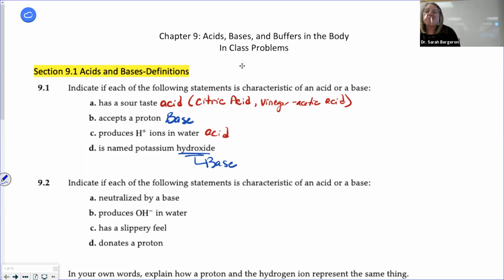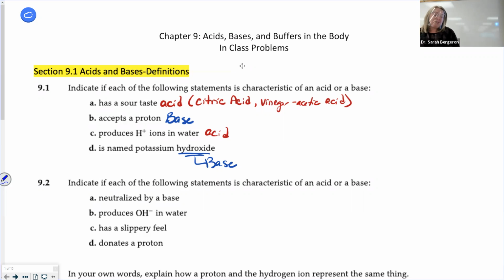So acids and bases and buffers in the body are so insanely important. It's going to be really important when you talk about drug interactions, right? How drugs interact with the body. Buffers are really important in maintaining conditions inside the body. There are lots of parts of the body that if you change the pH, nothing works. And that's a really bad thing. So we have buffers in all kinds of different parts of our body, especially, for example, the bloodstream. The bloodstream is a very buffered area of the body so that we keep the pH constant. That's the whole point of a buffer, is to keep pH constant.